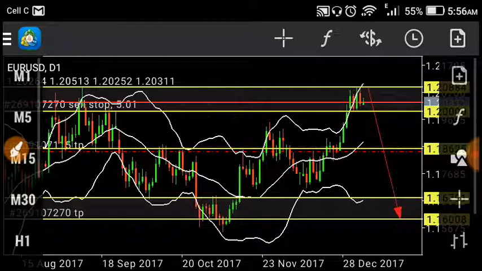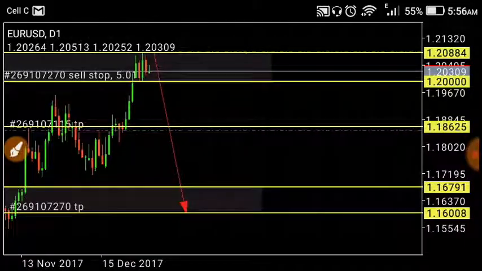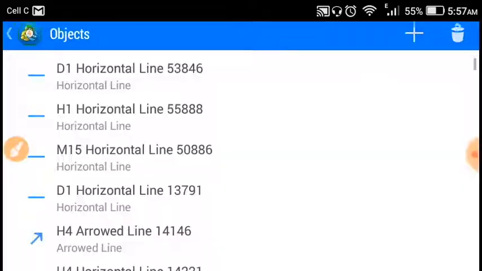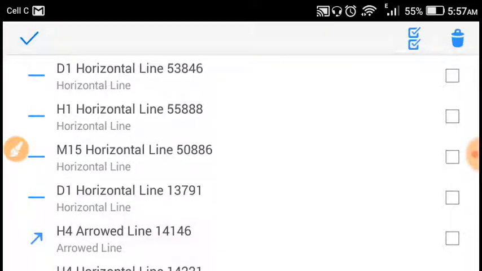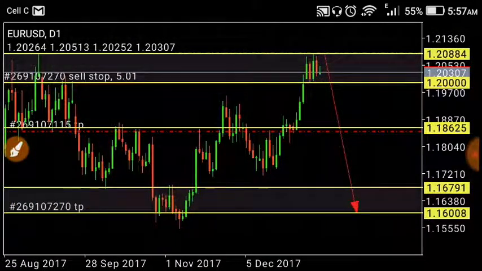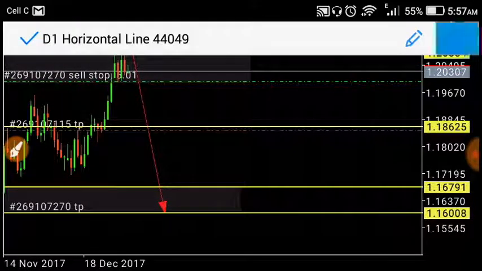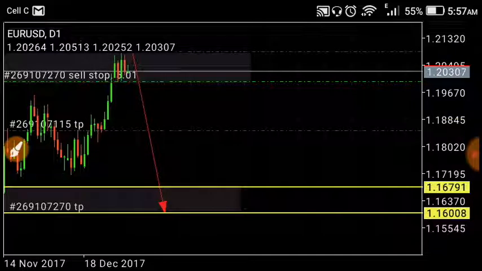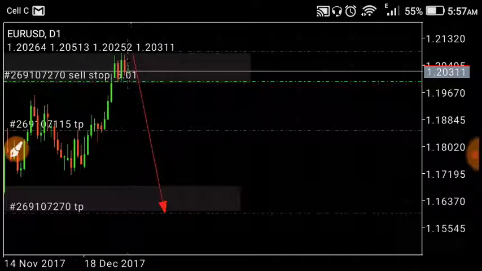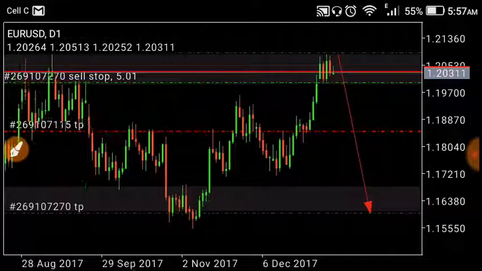Now I'm just going to remove everything here so that you can see how I got to this conclusion. Just remove everything. All right, I'm just going to do this. All right, so